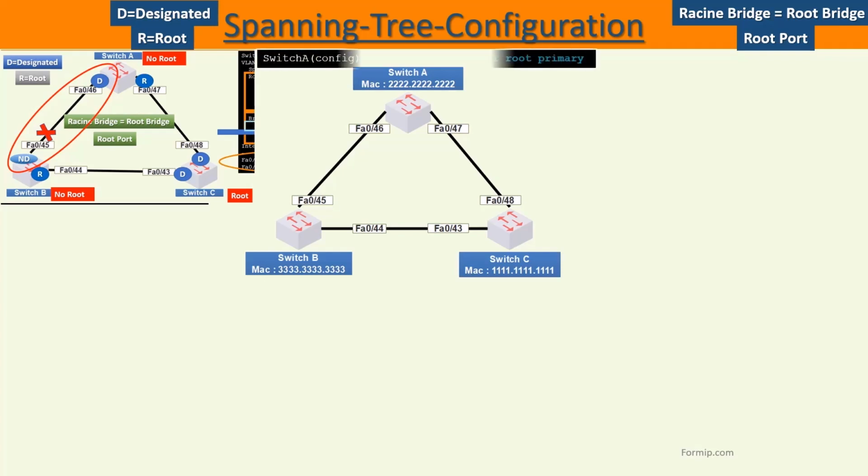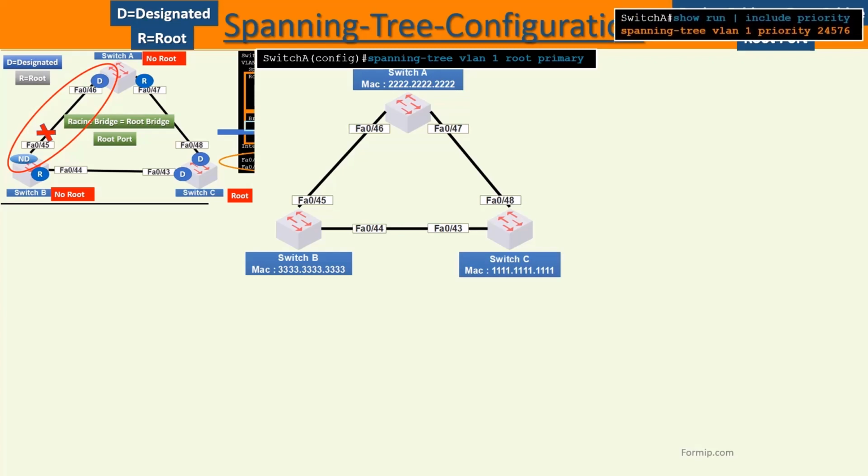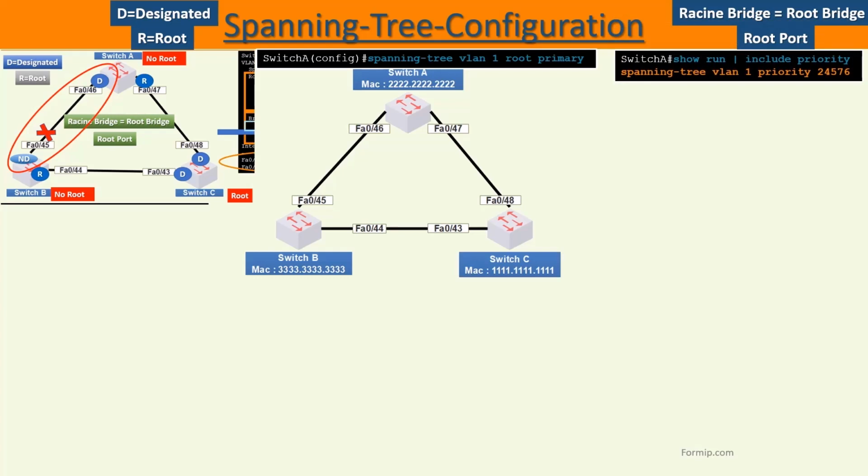For that, we will use the command spanning-tree vlan root primary. In the example, we specify VLAN 1 and we execute this command on switch A. This command is a kind of macro, which will lower the priority of the switch directly in the running config file. And as here we use the spanning tree by VLAN, it is possible to modify the priority for each VLAN. If now we look at the running config file, we can see that the priority of switch A has gone from 32769, which was its default priority, to